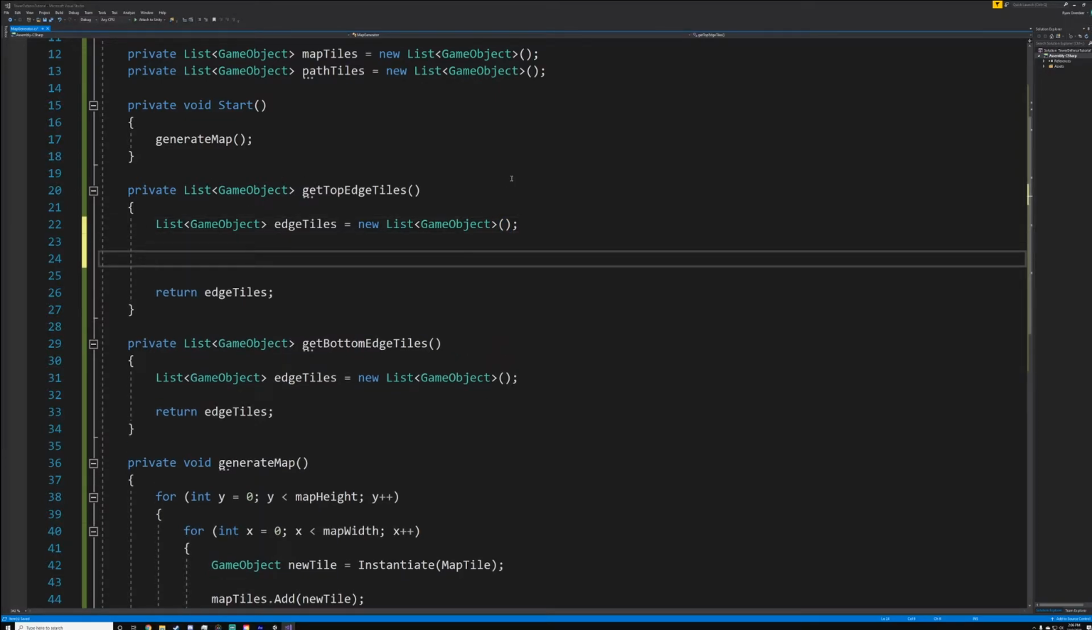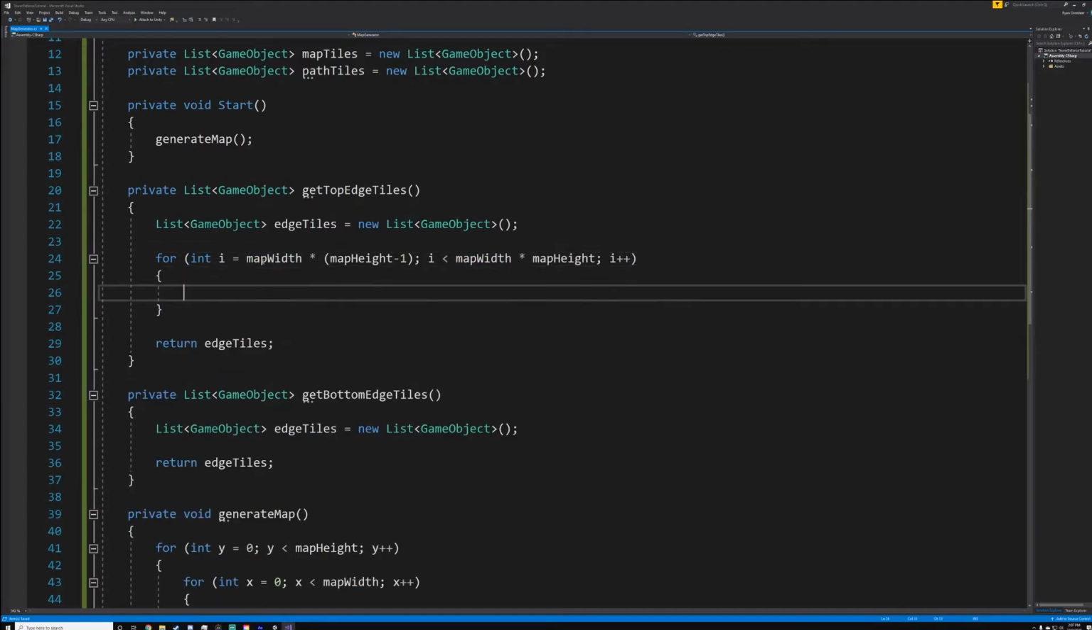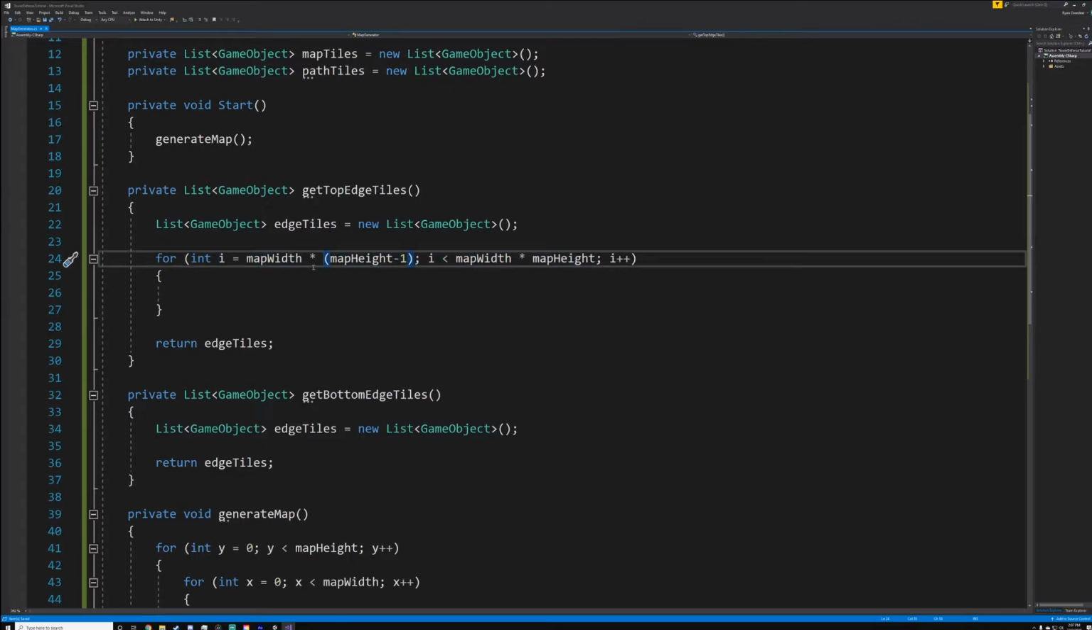So in this top edge tile script, we're going to do a for loop: for int i equals, I will explain this in a little bit, map width times map height minus 1; i is less than map width times map height; i plus plus. So this may look like a jumble of math, and it kind of is, but what we are doing,